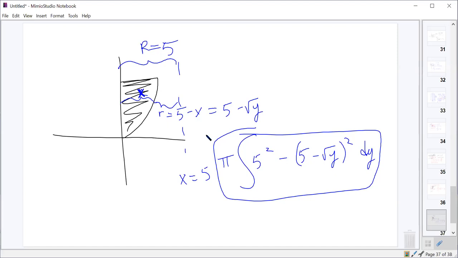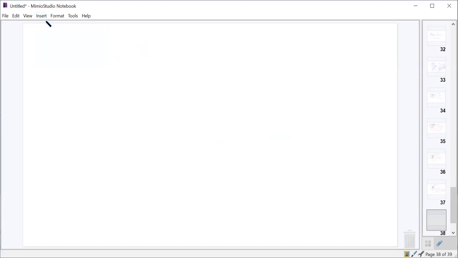Okay. Yeah. All right. So somebody's asking about shells. So I'm going to do a quick little thing here with shells. Even though shells are not required for the AP test, every few years there is a problem in the free response where using shells might make your life a little bit easier. It might mean that you don't have to convert from one variable to the other or something like that. So